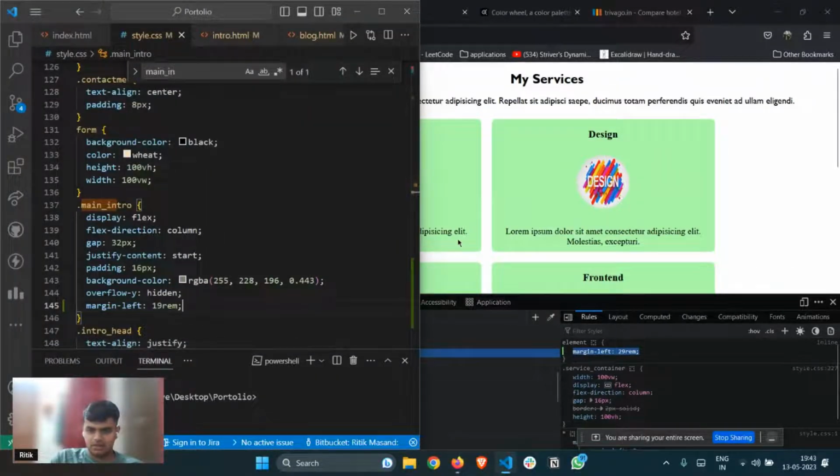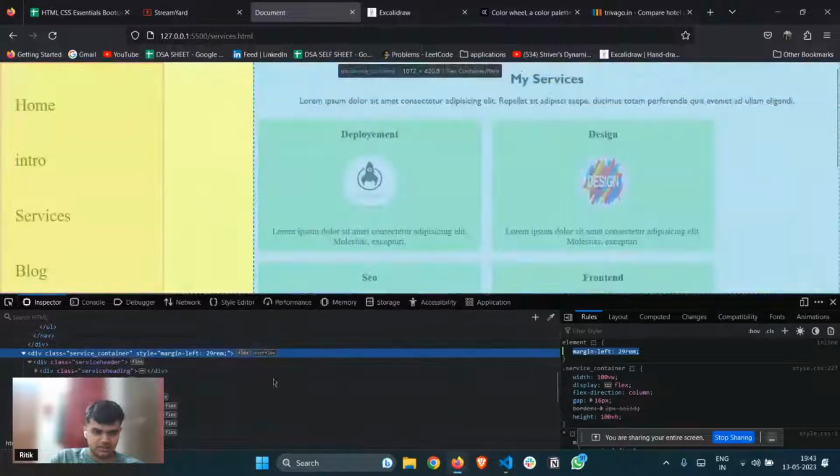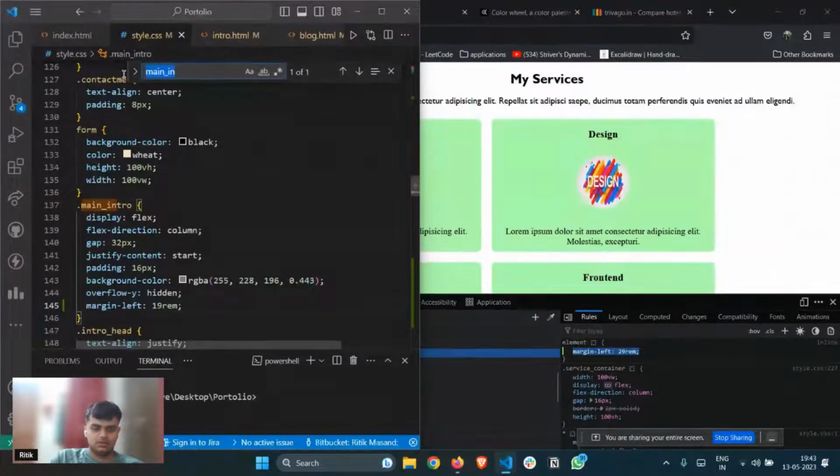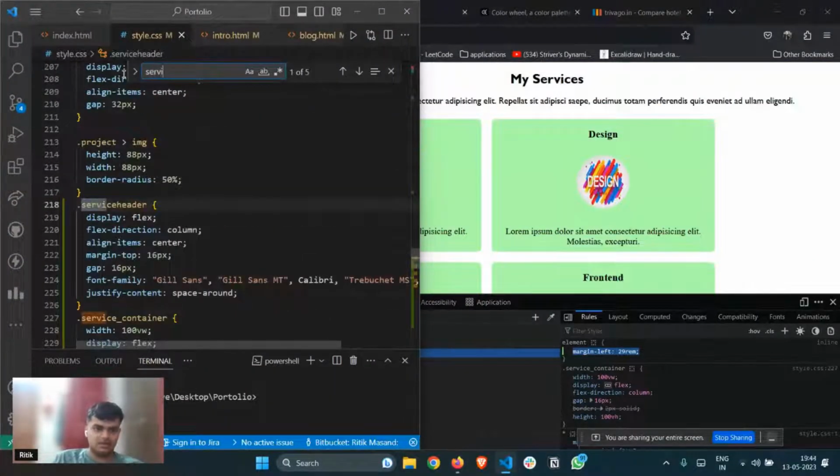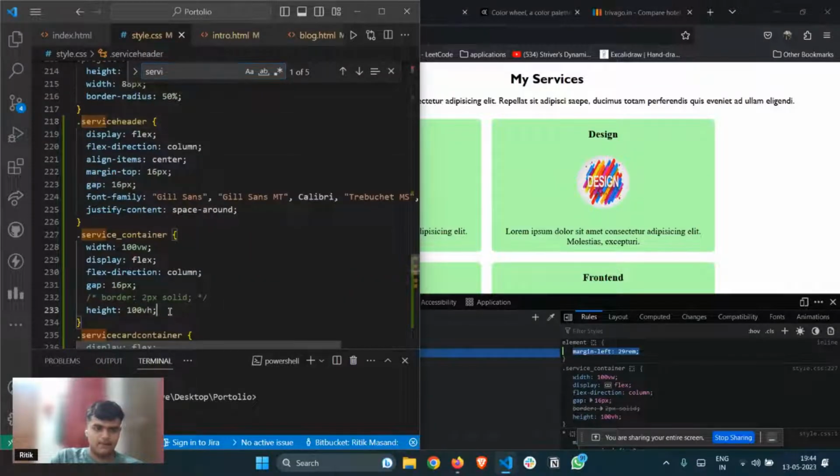So this is service container, right? तो service container के अंदर, ठीक है,